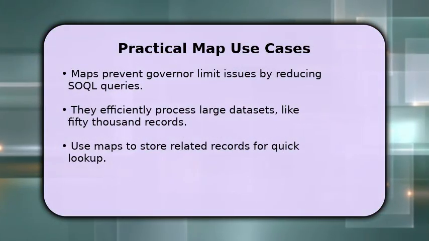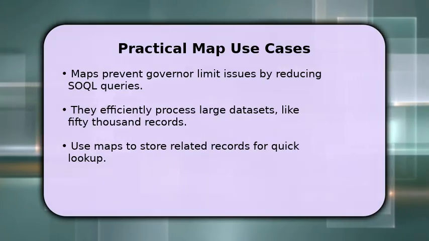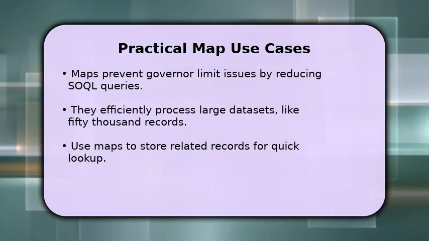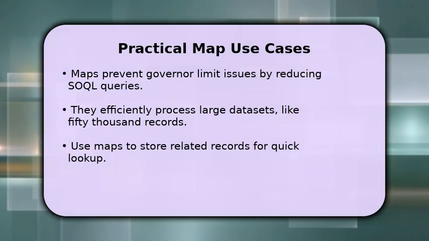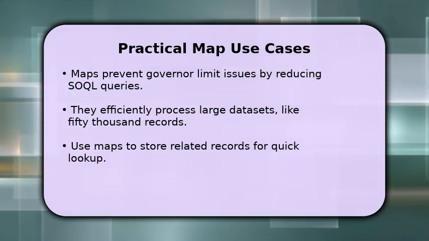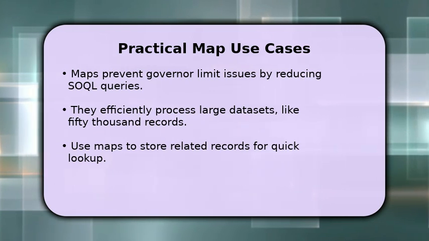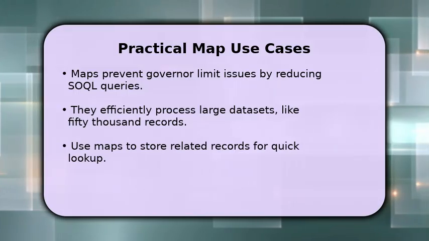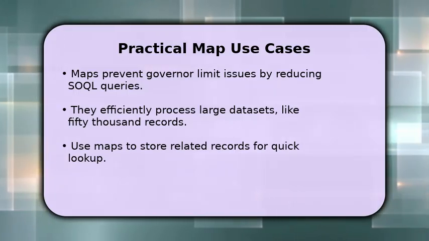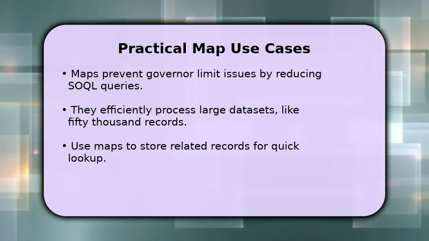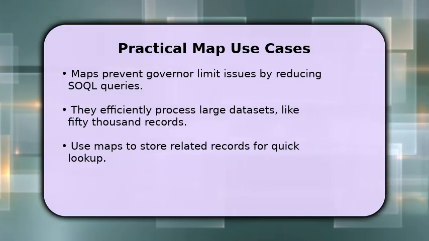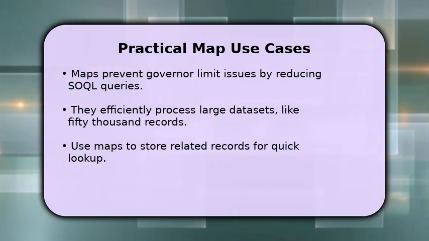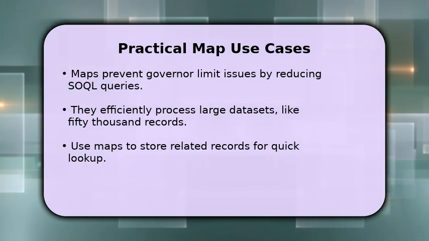Maps are incredibly valuable for optimizing your Apex code and avoiding governor limits. They allow you to process large volumes of data, perhaps 50,000 records, with just one SQL query, significantly improving performance. Use them to store related records, like accounts and their contacts, for quick lookups. Remember to always include null checks when retrieving values to ensure robust and